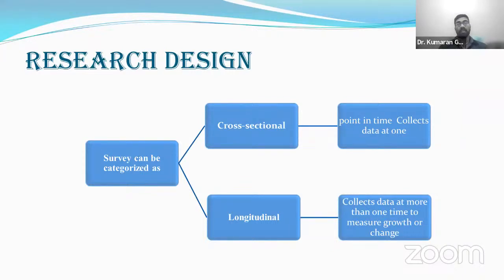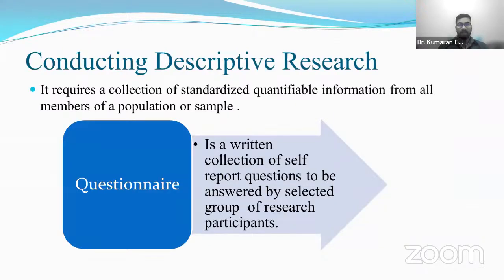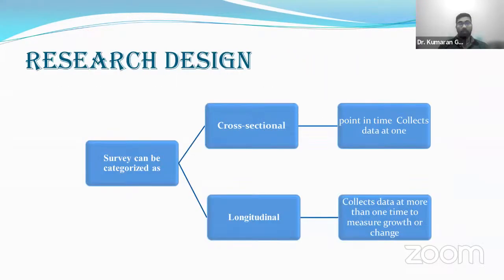satisfaction, for the cross-sectional, satisfaction of the people shopping at KL. But when it comes to the second one, the longitudinal, we can say satisfaction of the customer in the service department in car purchases. We can do that, because in 2020 the salesmen were different, in 2022 the salesmen were different, so we can collect data more than one time to see the changes in the satisfaction of the customers. So the survey can be two types, but it totally depends on us what kind of questionnaire we want to use.